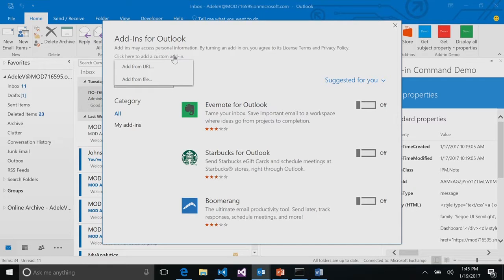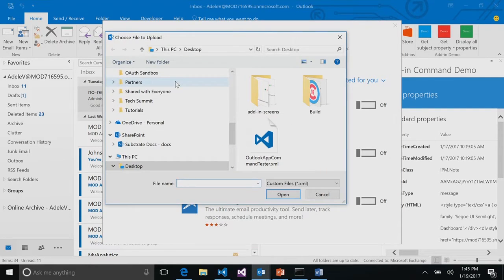Either way, this is pointing at that manifest XML file. So if you're developing or testing, you can provide it to users this way. You can host that manifest on your website and just say, hey, add it this way, put this URL in, and you're good to go.